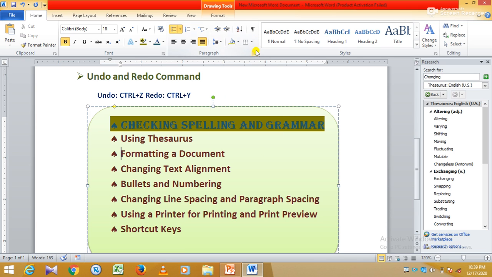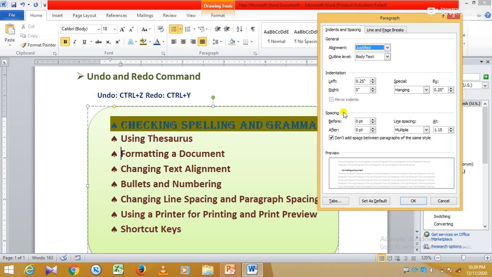There is another way also you can apply from here. Just click on it, the paragraph window will open. In the indent and spacing, you will find here spacing. You can manually apply it here in points. Okay, and in the line spacing, single, 1.5, double, at least, exactly, multiple, whatever you want to choose, you can apply for your document. And as you enter the points here, you will see the preview altogether. Okay, so that you can set.